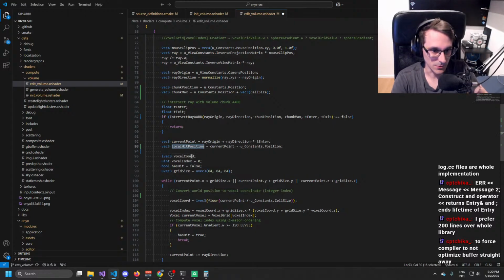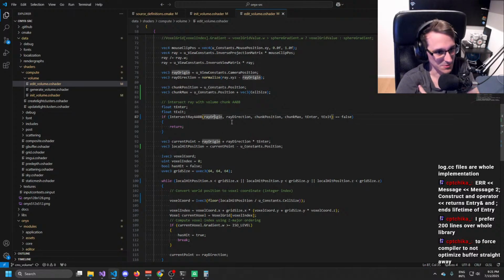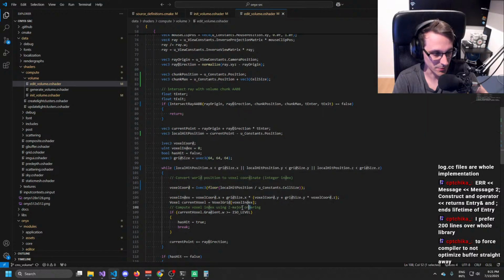We don't do any transformation with like rotation or scaling here for now. So that should be basically, I think, this. We might be able to do a local hit, but then we need to do the ray into local space, which we don't do that for now. I think that would be more efficient, but